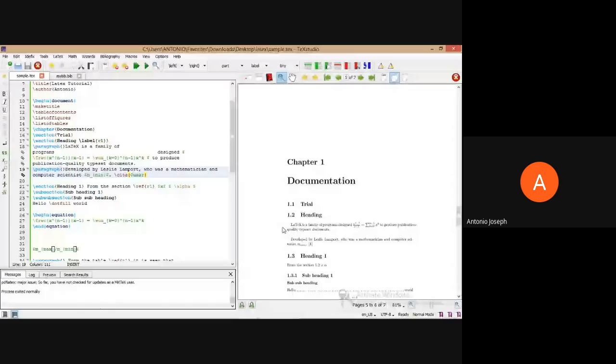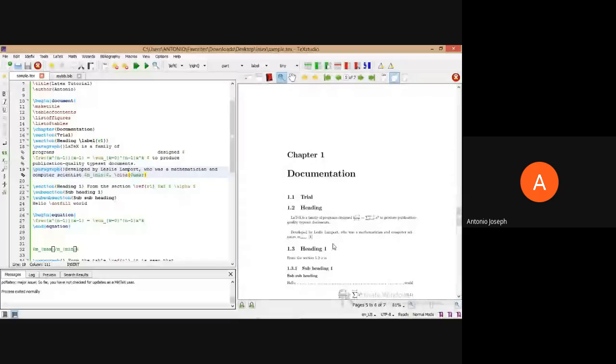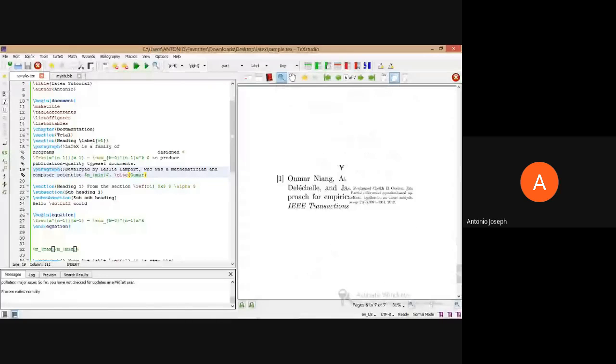So that's the citation provided over there. And we don't need to get bothered about the ordering also. The first citation will be numbered as first itself, the second will be numbered as second itself. Likewise, it will number according to the order of citations that we provide in the content. So we don't need to get bothered about all this stuff. See, the reference is coming in the expected format of that particular template. Here the format that we have specified is plain only, so that's why it's coming like this. So it's quite easy, isn't it?